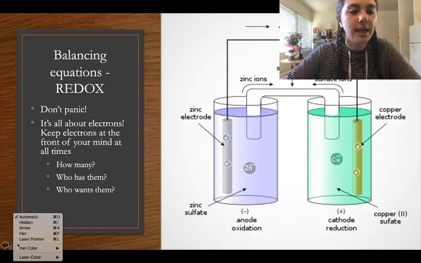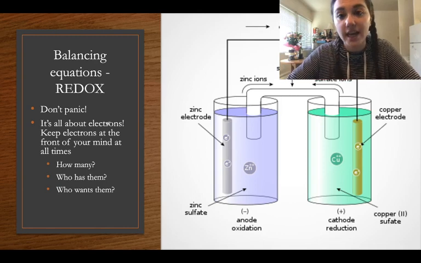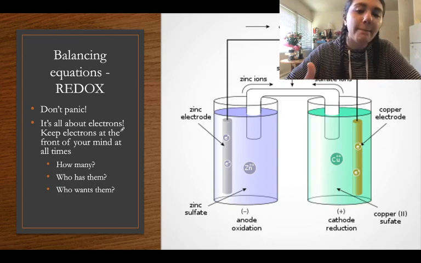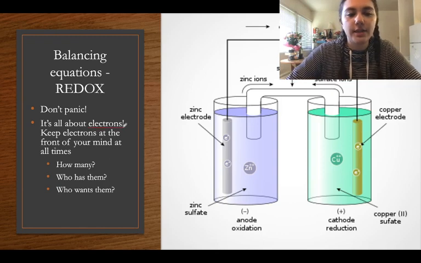So when I'm balancing, the things that I wanted to point out for this, basically with balancing equations and redox, is please don't panic. I know sometimes our math doesn't come out correctly and we're like, what do I do? The things I would check again is your units. Are you in the right units? Checking if you have the right number of electrons, double checking your number of electrons, but not double checking to the point that you again panic. Understanding the flow of electrons, because remember, it's all about electrons here. Okay, how many, who has them, who wants them,